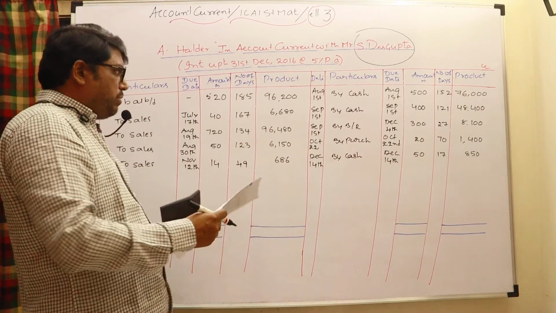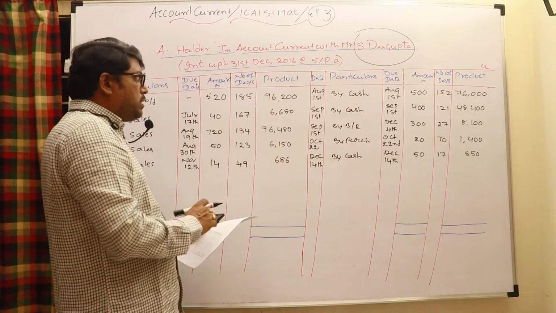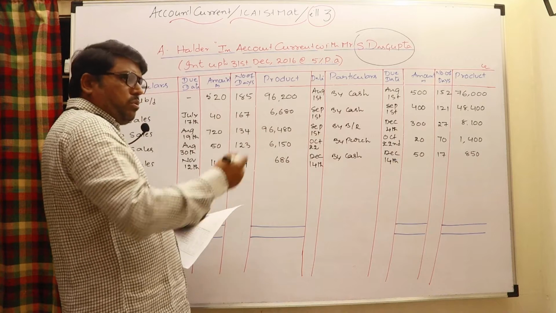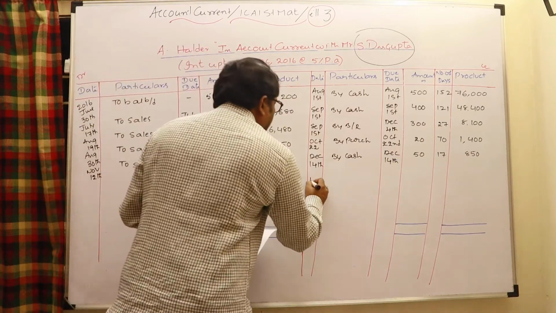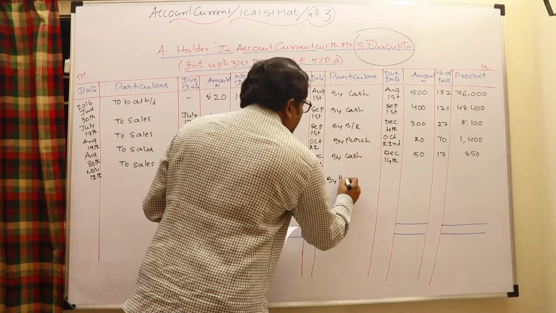All the transactions you have taken. Then let us take the first. You have to get the balance of product on December 31st. Debit product is looking more, so you will get the balance on that side on December 31st. By balance of products.